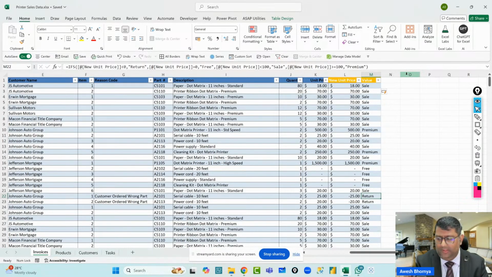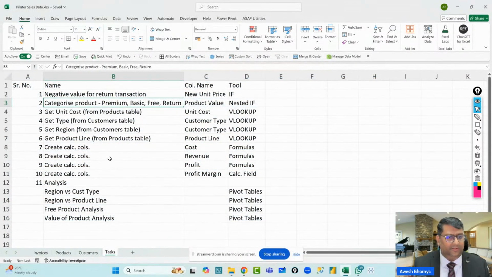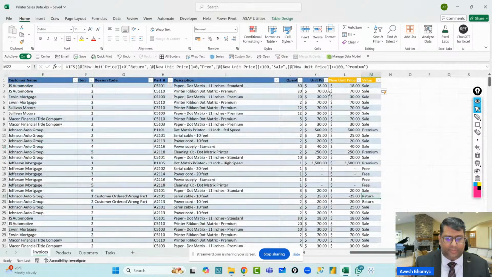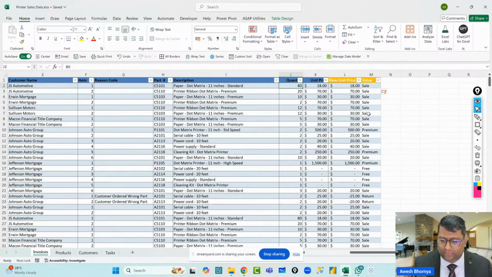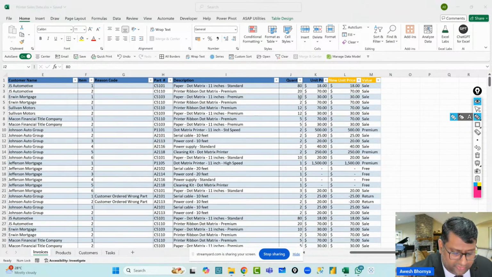Okay. Now what we do is we go ahead, and the next task is to understand what is the profit. Now, obviously, to get the profit, we need to first get the cost and we need to get the revenue. So revenue is possible because we have unit price and quantity. So based on the quantity and the unit price columns, I can create the revenue, but I cannot create the cost because I don't have the unit cost available. So I will simply use the quantity multiplied by the unit price and I will get the revenue.